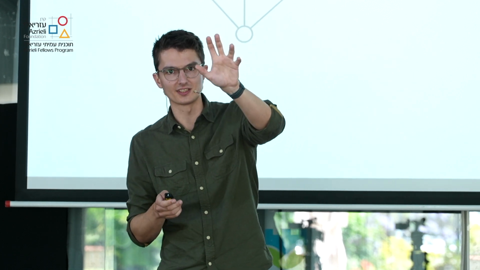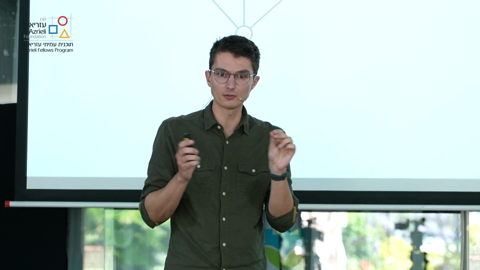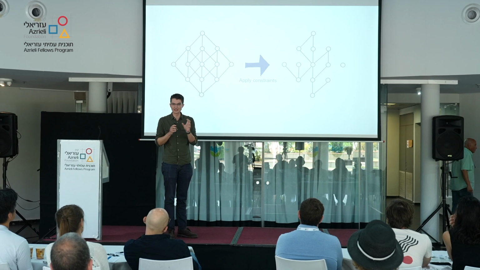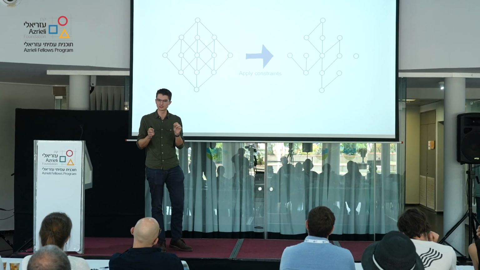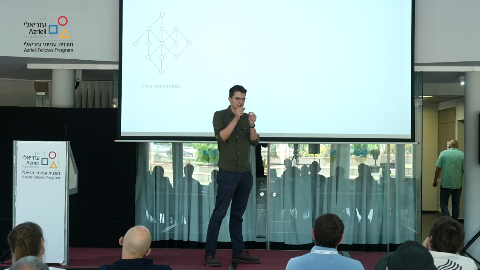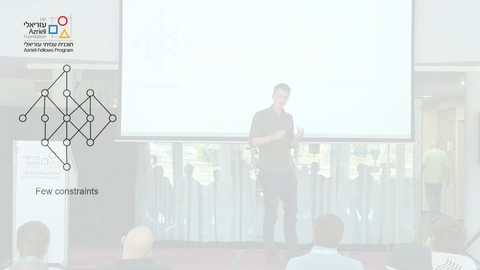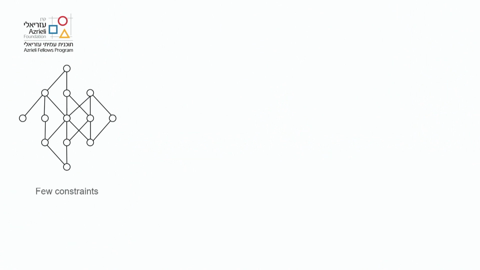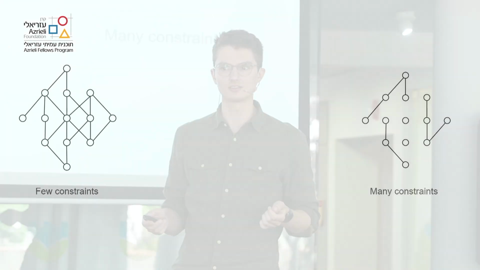So you can probably already see how this is looking a bit like percolation, right? So now I've got this graph, I've applied a constraint, and I've fractured it in some way. So analogously to varying the value of p we had earlier with our forest, I can vary how many constraints, how strict the constraints are that I apply to my system. So if I apply only a few constraints, I disallow only a few of those transitions, my graph is pretty much intact. But if I heavily constrain the system, I fracture the graph into small clusters again.